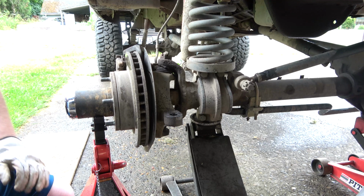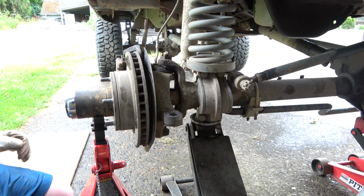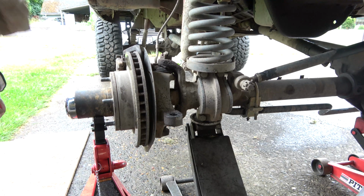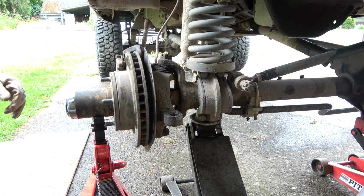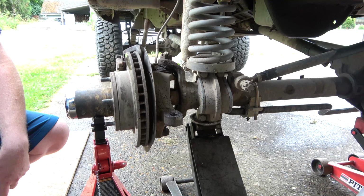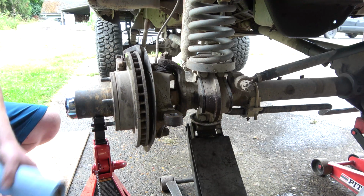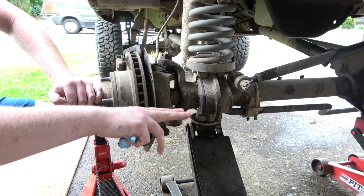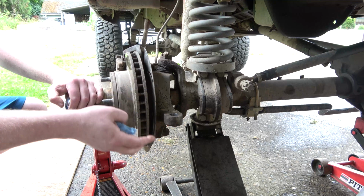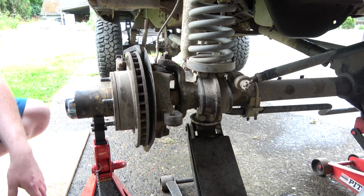Just like that. That wasn't too bad. Just a little chattery. It's not as clean as an end mill or, you know, other options that we don't have. Maybe a couple burrs. I'm going to take a flapper disc and smooth these out to get rid of any burrs, because we want a nice flat surface on both sides so that our piece is clamped down